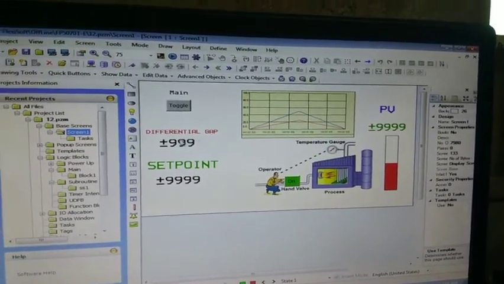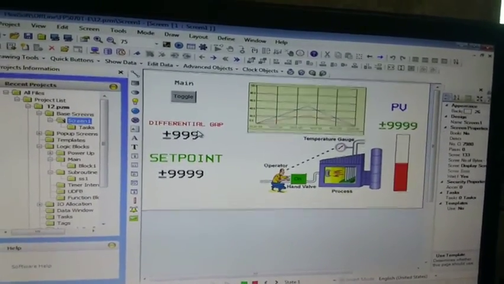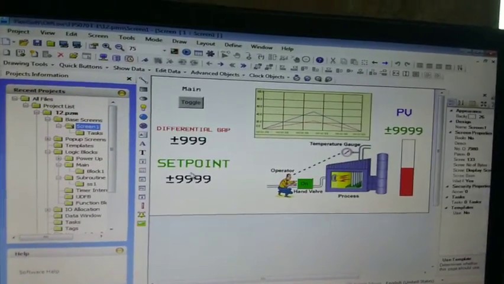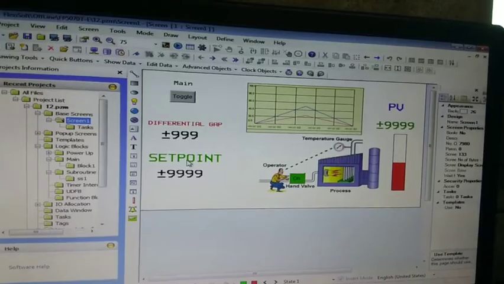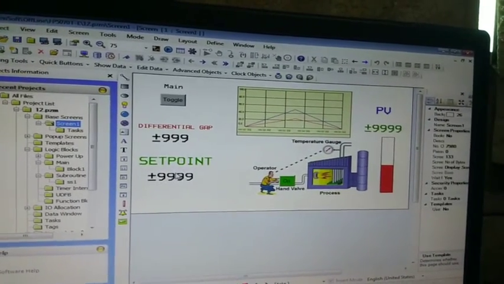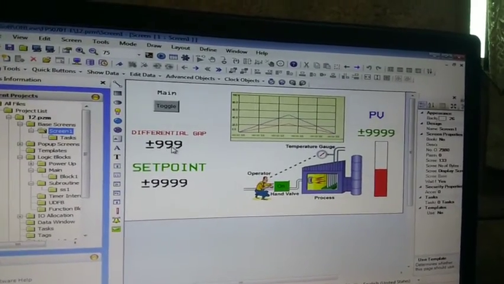And here we have to give the differential gap, that is, the tolerance, so we can set it here, and this is the set point. So we can set the temperature level. This is the set point. From the set point, this differential gap, that much tolerance can be allowed.